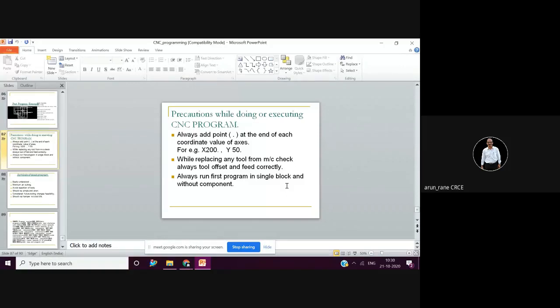Then from the third or fourth job onwards, you can hand over the machine to the operator. Basically, he is nothing but a loader and unloader. His work is just to unload and then load the next component.